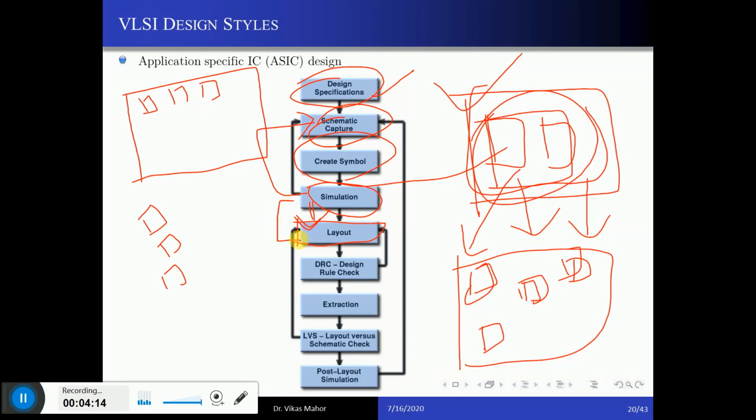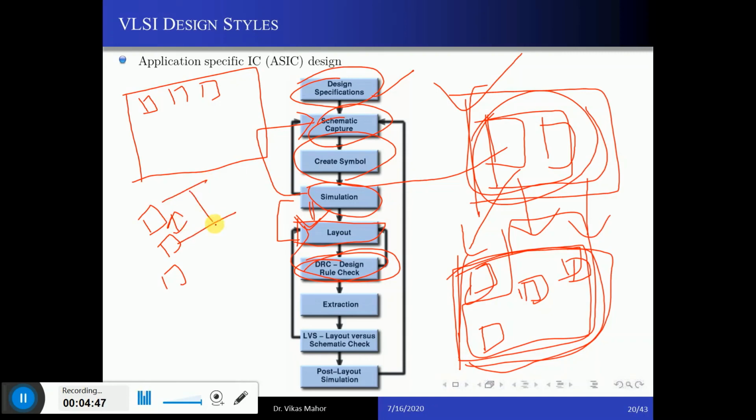But you should know that after simulation we design the layout, then we will do the design rule checking whether our layout fulfills the requirement of IC. It may not happen that our IC is of this size and our layout is something like this, trapezoidal. Our layout should match with the size of the IC. That is known as design rule check. So we check whether the design is perfect or not with some rules. There are some pre-written rules that the distance between two transistors should be this much, the distance between connection of two transistors should be this much. This is already fixed. So we need to check those in this step.